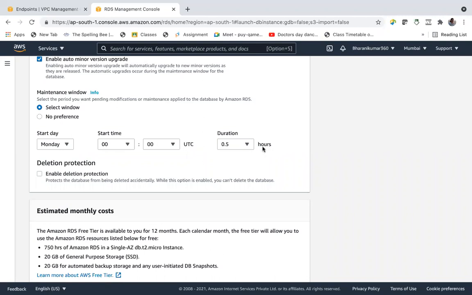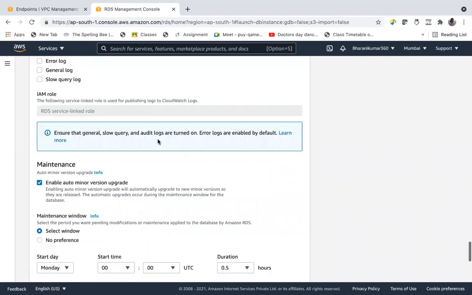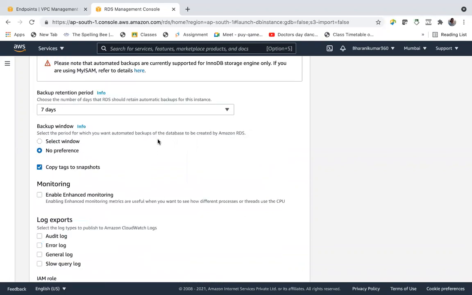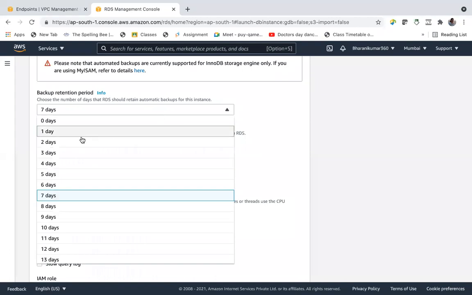Within a half hour duration your database gets maintained by Amazon, it will get updates or upgrades, all these things. At this time we are also automating the backup plan, so it will also take a backup, and with new backups it will delete the old backups.